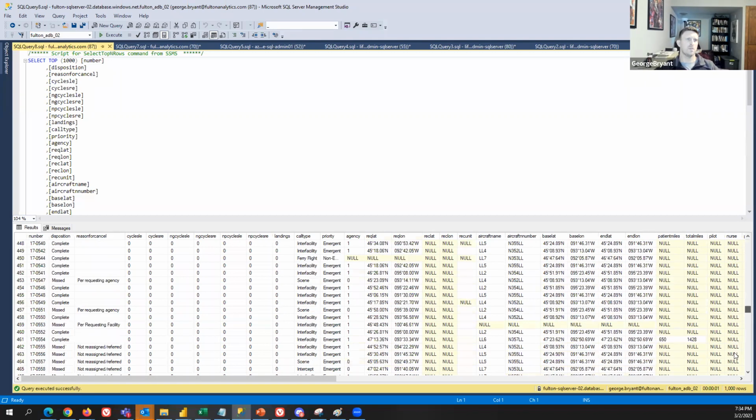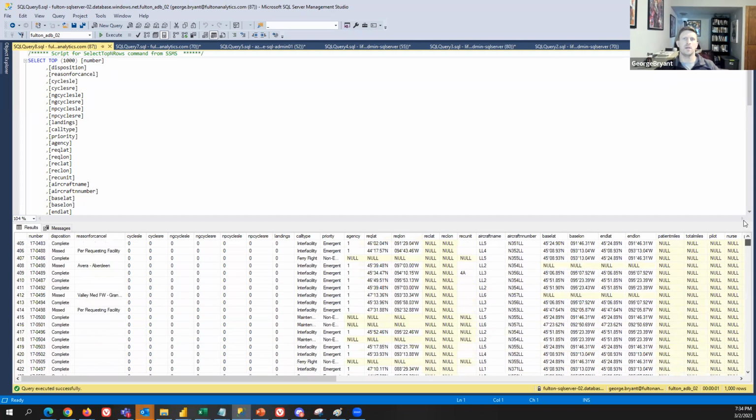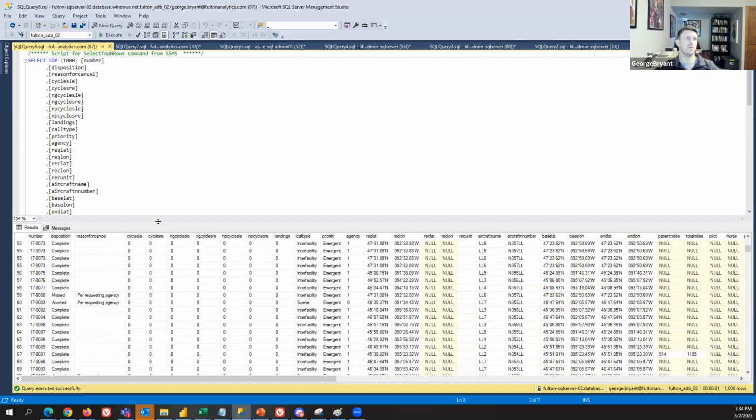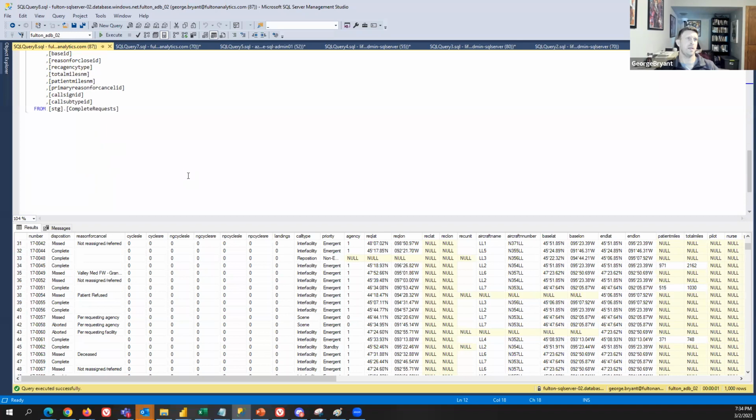Where are my gaps? What's my inconsistencies? Even as I look straight away, I'm looking at these columns here and thinking, are these just all zeros? I'm doing a top 1,000 now. I could look at everything. And so you can just immediately sort of